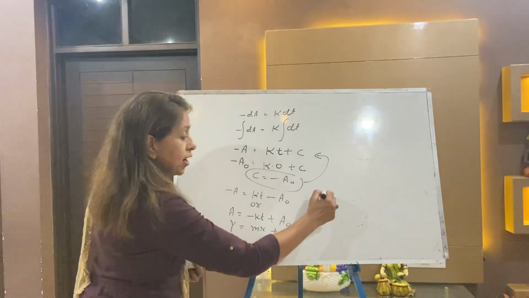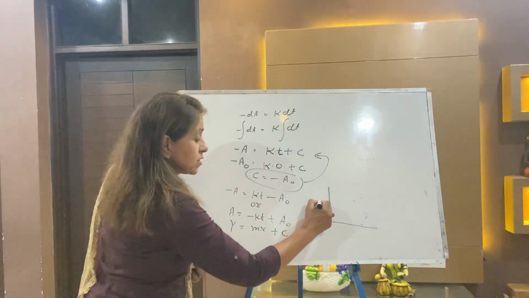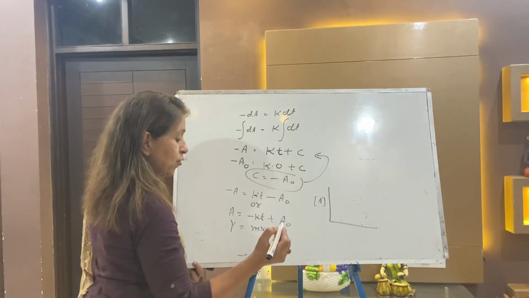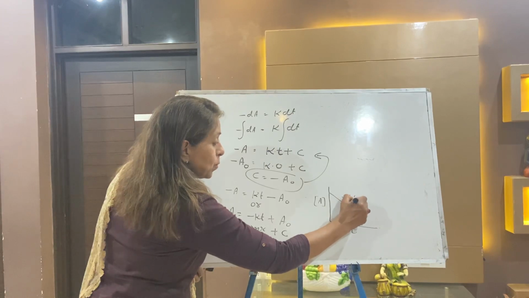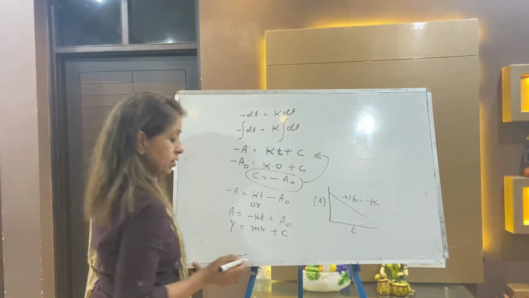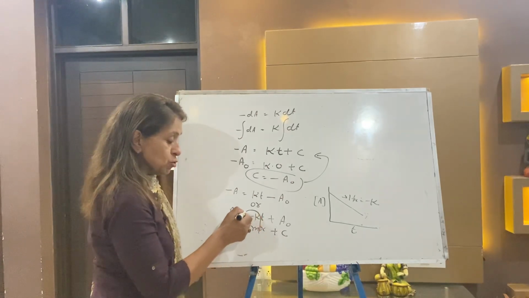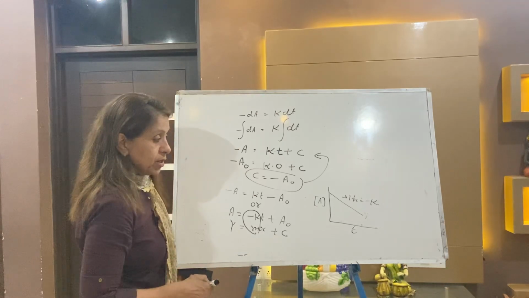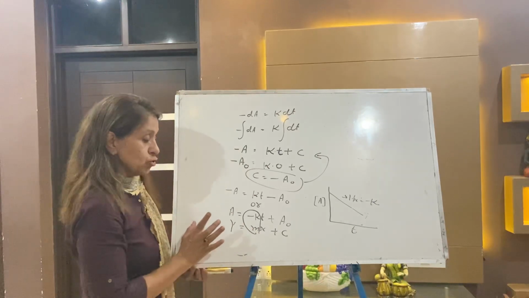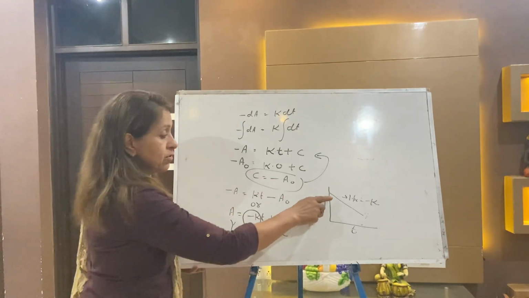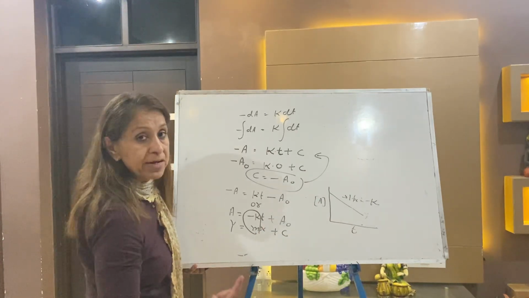Now if you plot a graph by taking the concentration of the reactant on the y-axis and time on the x-axis, there will be a straight line. Write down that the slope is equal to minus k. y is equal to mx plus c, where m is the slope, equal to minus k. By plotting the graph, taking A on the y-axis and time on the x-axis, this is a very important graph. They will ask what's the slope of the line. The answer is minus k.